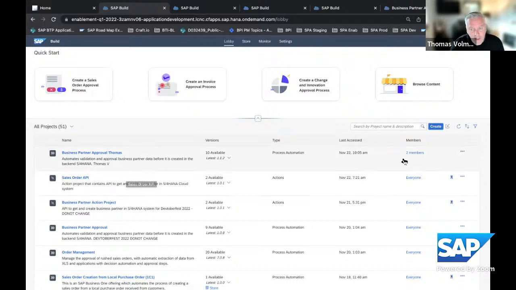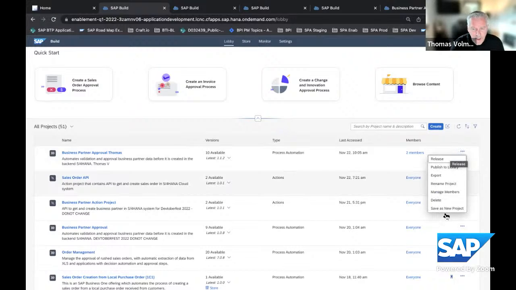Now the first thing I want to show you is a couple of new features on how you manage the project. First, super exciting: if a colleague has shared a project with you, and you just want to piggyback on it and not contribute to that project, but create your own project, you can save an existing project as a new one and work from there. So pretty much copy a full-fledged project. Of course, you can also export and transport projects from dev and test to production environments if you want.